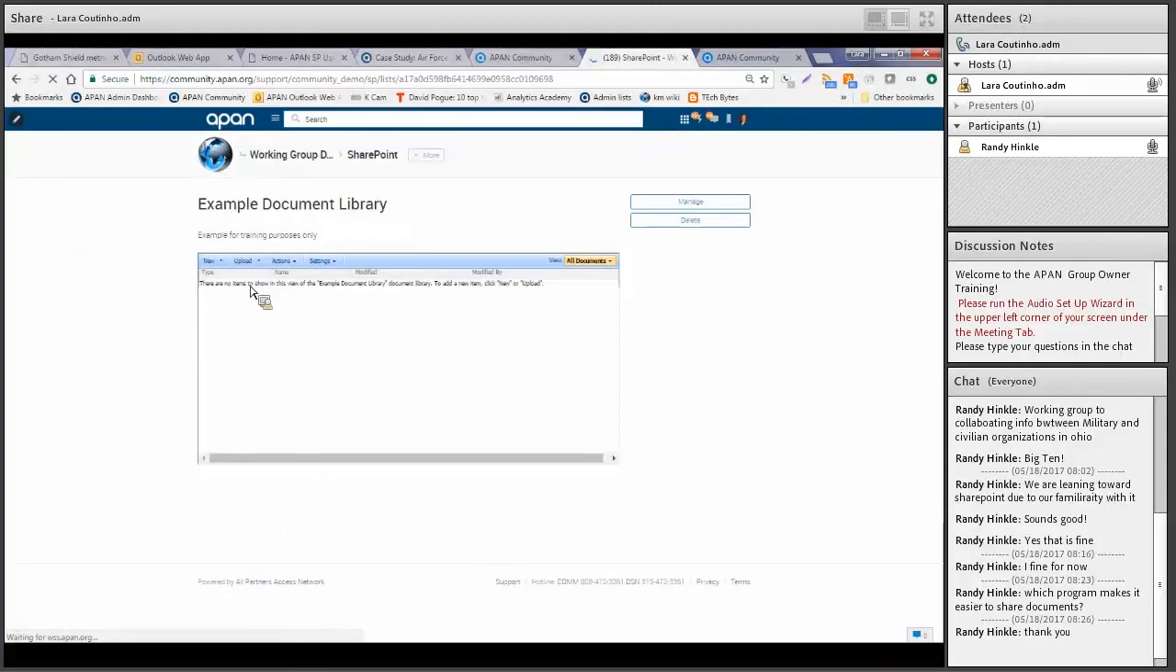There we are. Okay, it has nothing in it. However, this is the view of your document library, and so this is all SharePoint. And this is what people are accustomed to seeing. You can add new ones, upload them, and then the Actions tab brings you back to